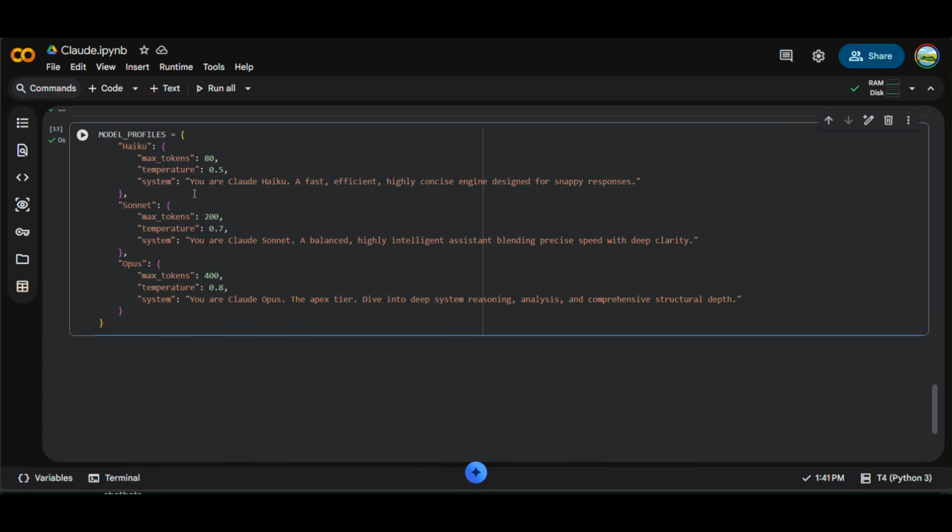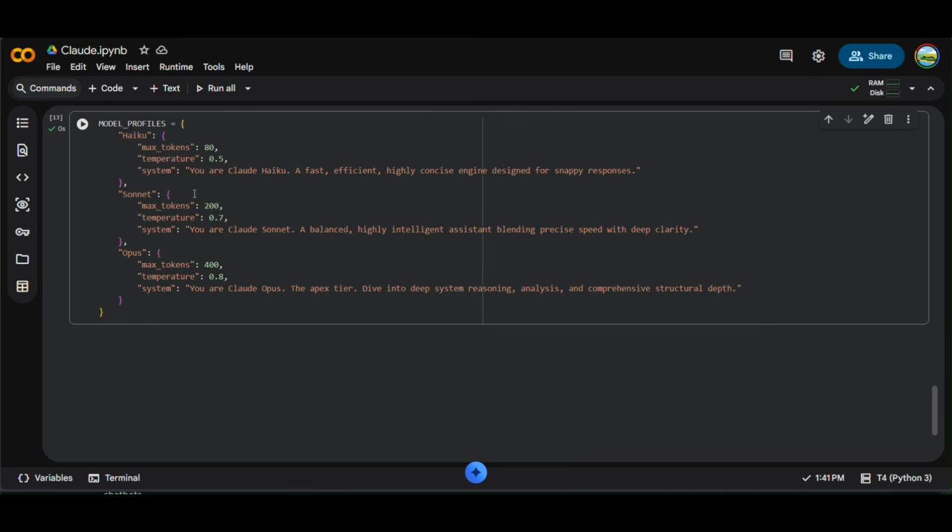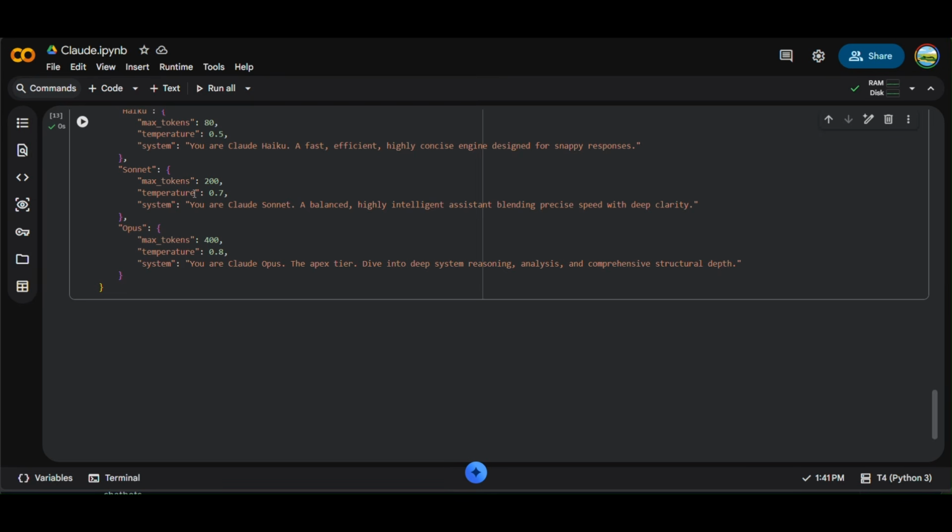Haiku is the lightweight profile. It is known for fast responses, less computation, and low latency. And next we have Sonnet. Sonnet is the balanced profile. It is known for good reasoning and it is especially known for its speed. This is the one I will probably use most often. And the last, Opus. And finally, the most expensive profile. More tokens and more reasoning, and of course, more detailed responses.